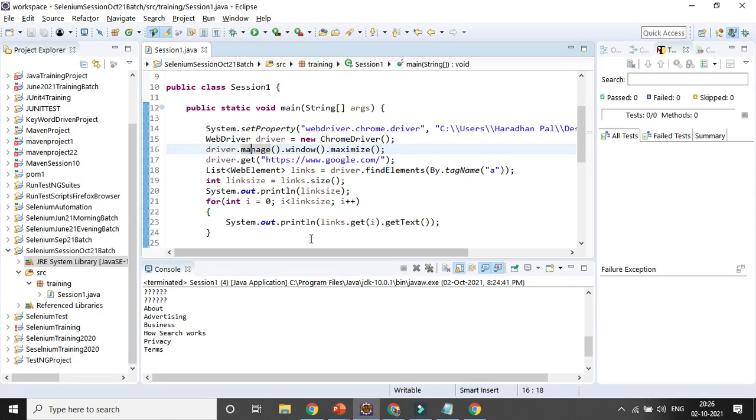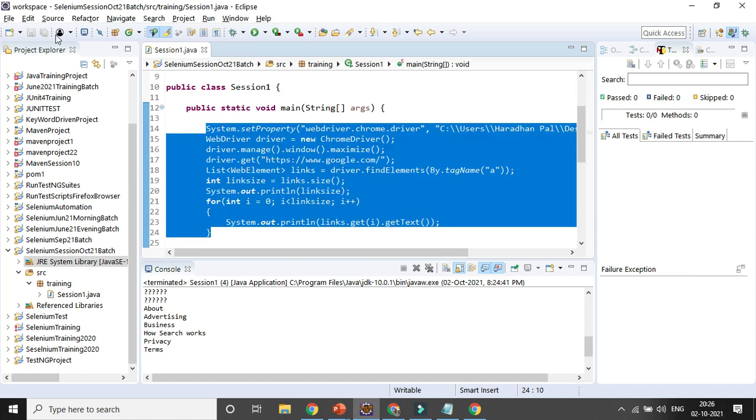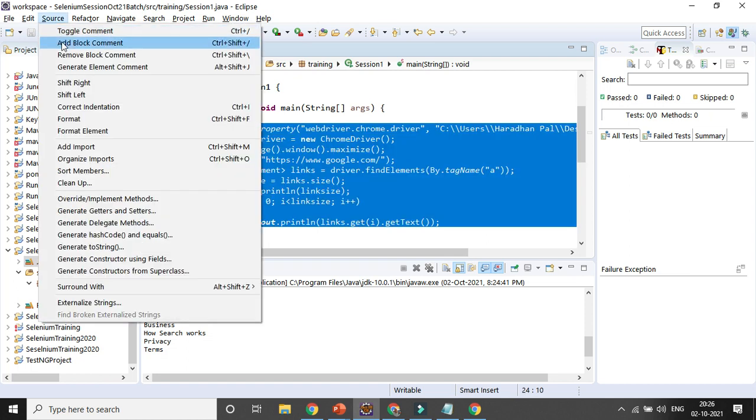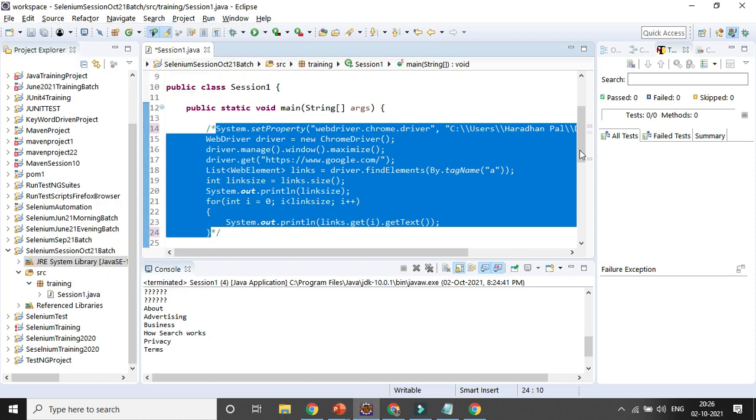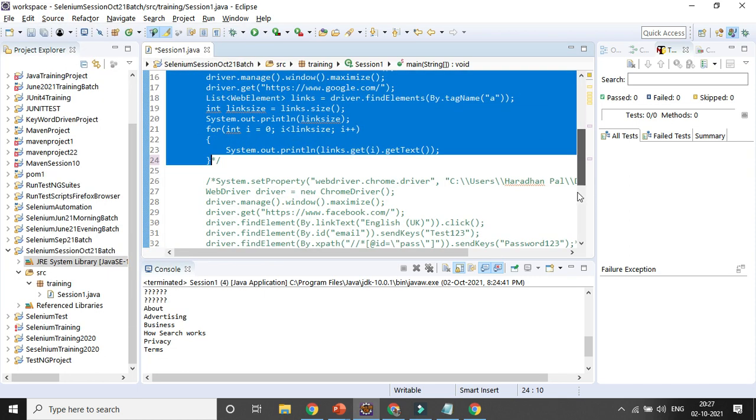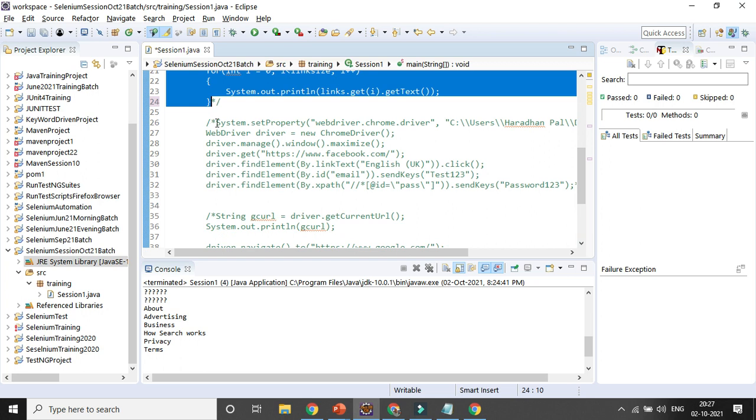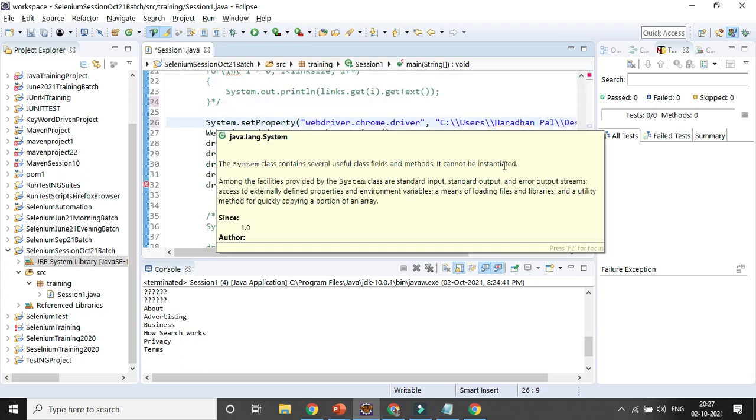So let's comment out this part. Again I will go to the Facebook page because there is an edit field there. Let's try to open these lines of code.